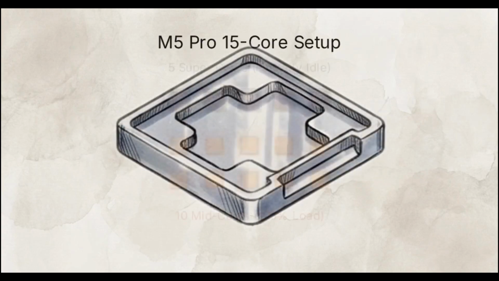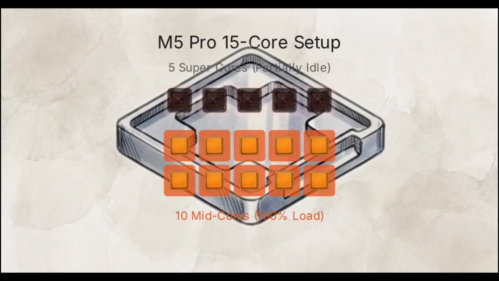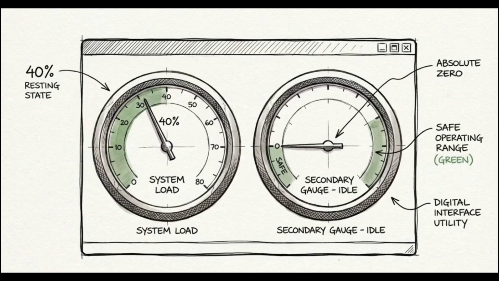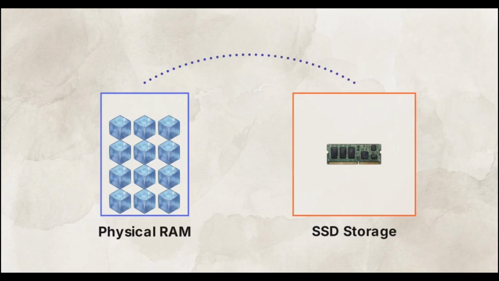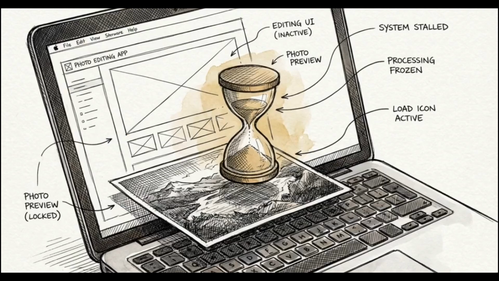Looking at the core utilization data, the cause is clear. The software is currently unoptimized, leaving the 5 supercores partially idle during the export process. This is strictly an optimization bug, as the machine is not hitting its graphics limits or using memory swap. Memory swap is when a computer uses its storage drive to act as temporary RAM when the physical memory is full. For designers and photographers using standard creative suites, the $200 price premium pays for hardware that their software cannot